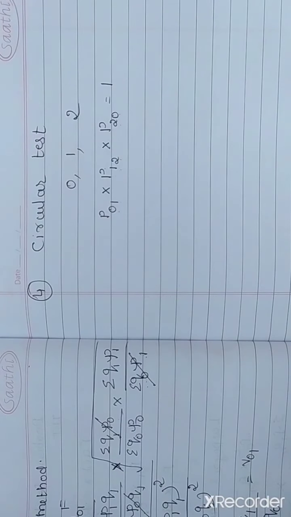So here you should remember 2 conditions. One is for the time reversal test and one is for the factor reversal test. Just recall what we have considered. TRT is P01 into P10 is equal to 1. The FRT condition is P01 into Q01 is equal to summation P1 Q1 divided by summation P0 Q0.